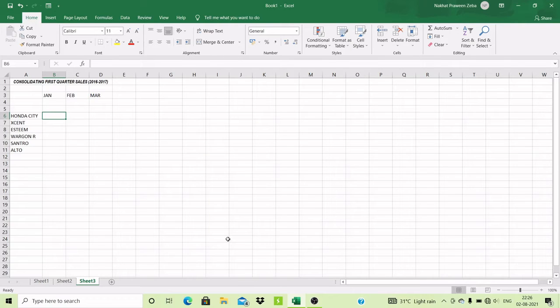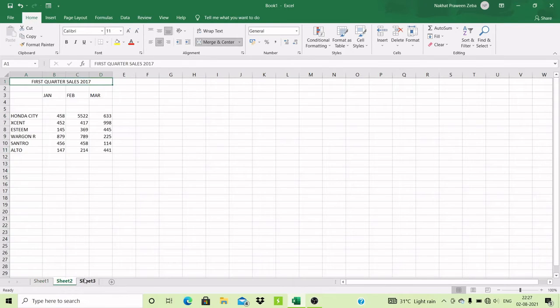For that, I have created here three sheets, as you can see: sheet 1, sheet 2, and sheet 3. I have grouped these three sheets, and after grouping, I have created this small database, for an example.